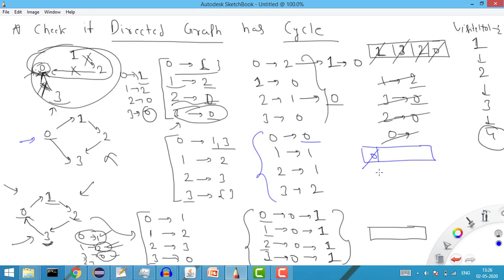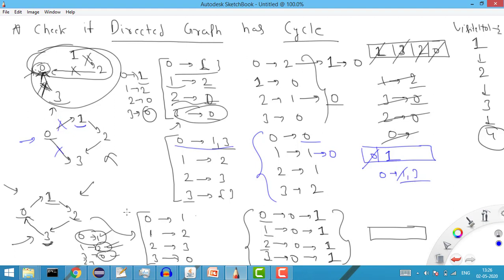If I'm removing this 0, I will get all the children for this one. I can get them from here: 4, 0, 1 and 3 are the children. So for 4, 0 I don't have a cycle, but I need to check further. So I am removing this node, which means for 1 the incoming degree will be less, so it will be -1. Now it is 0, and because it is 0, I will add it into the queue. Whenever an element becomes 0, I add it into the queue.